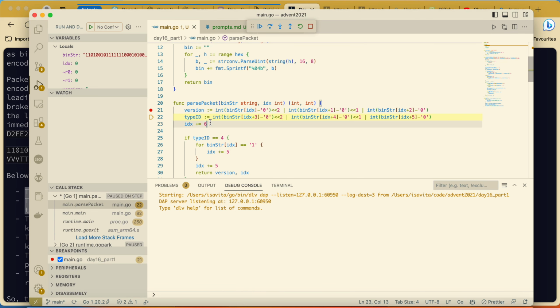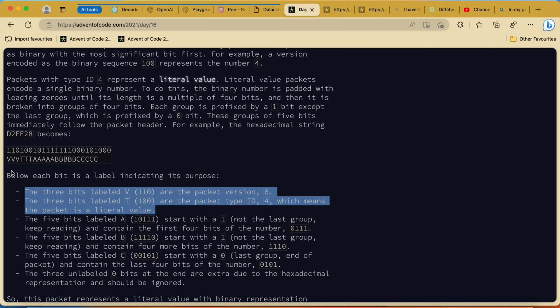After that we're adding 6, which I again understand because we operate up to here with 6. I'm going down, checking my type ID is 4, my version is 6, and I'm adding to my index whatever I've been doing here. Okay, perfectly fine. I like that.